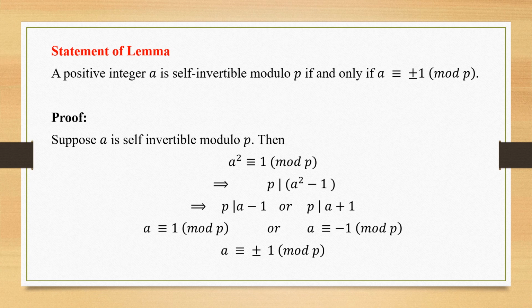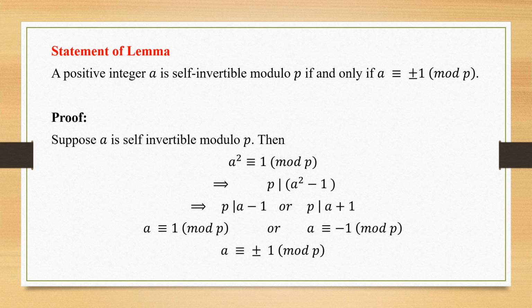mod p. Now, what do you mean by an if and only if statement? First I take the former statement and assume it, and I have to prove the latter part. Further, in the second case I will assume the latter part and try to prove the former part. This is what an if and only if statement means in mathematics. So first let me assume the former part and try to prove the latter part, and in the second case vice versa. So let's start the